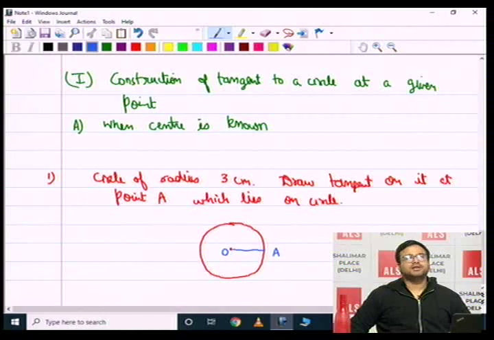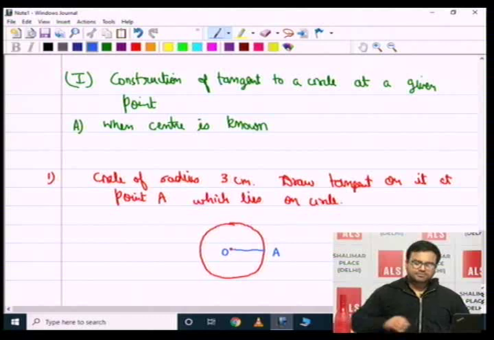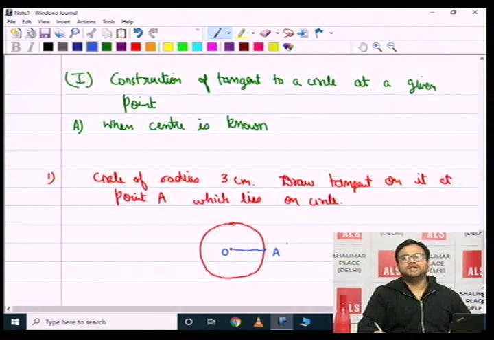Now, after drawing the radius, I have given this radius the name OA, and now you know that at point A we have to draw the tangent, and you know that the angle between the radius and tangent at the point of contact is 90 degree. So we have to do the basic type, like at point A, draw an angle of 90 degree